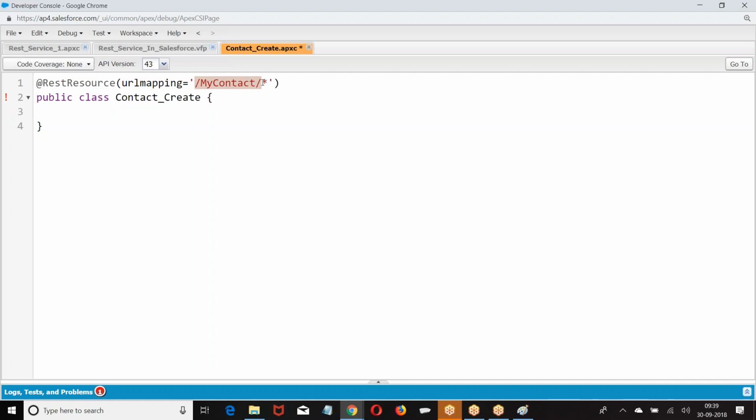I may or may not pass. So I give slash star. You can give a number of parameters or 0 parameters. Then anything that you define as a REST, there has to be what? Global. Now I am giving @HttpPost. I give HttpPost global string